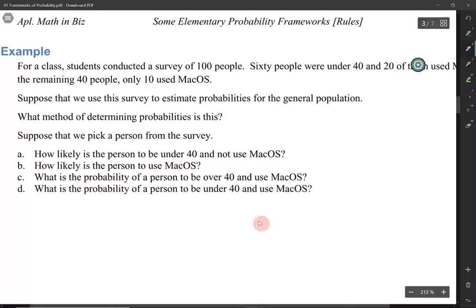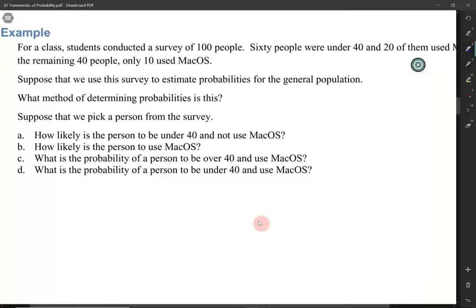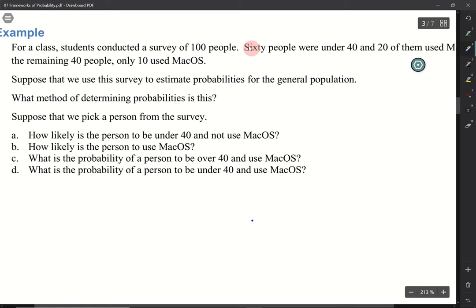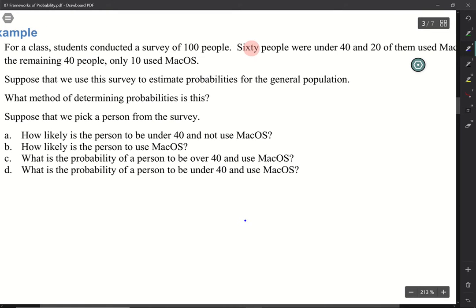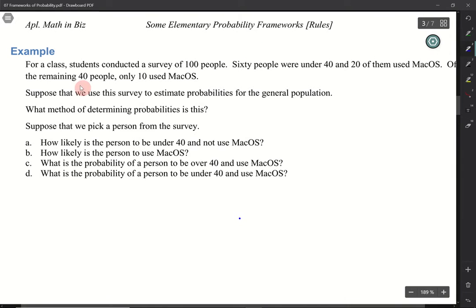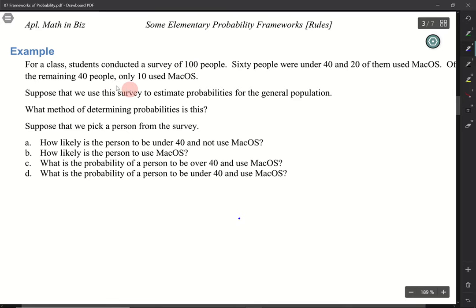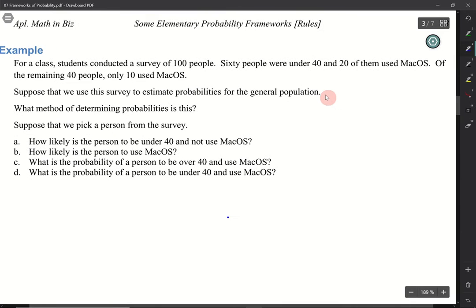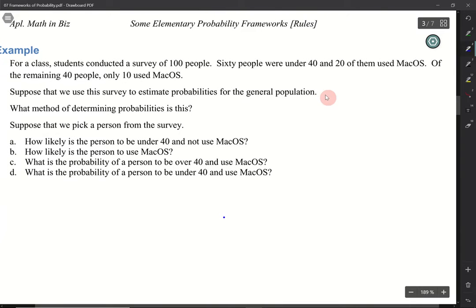So let's do a quick example. For a class, students conducted a survey of 100 people. 60 people were under 40, and 20 of them used Mac. Of the remaining 40 people, only 10 used Mac OS. Okay,